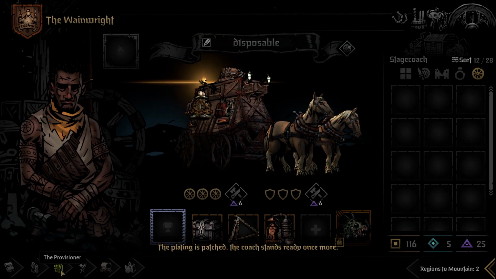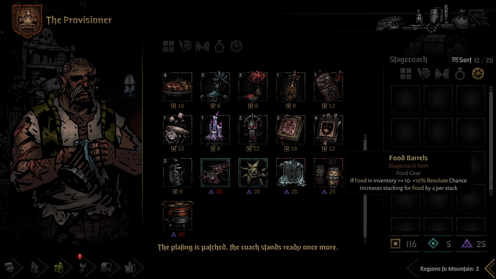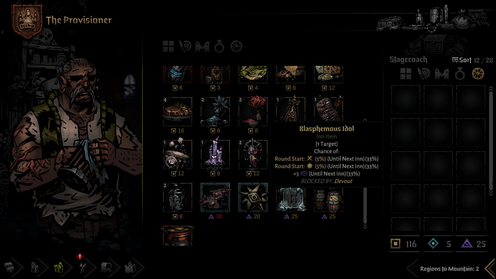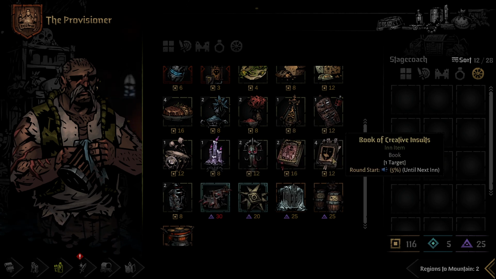We have enough for 1 more stagecoach item. I think I'm ready to go, but I want to save my money, because at the next inn, maybe we'll get a different stagecoach item that we want to buy. We don't have enough for the griddle. But I also like the idea of...